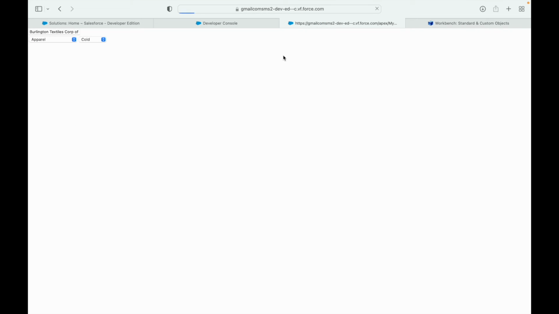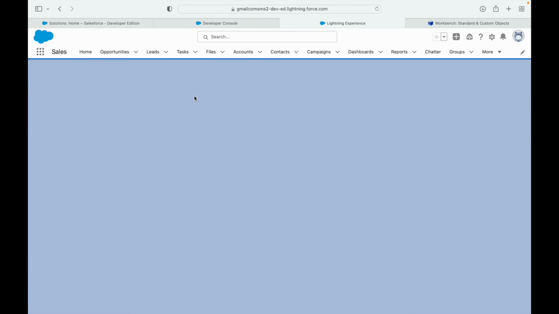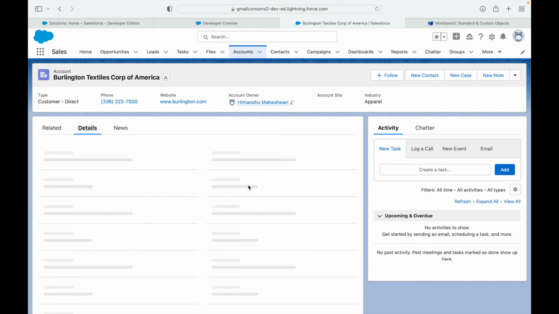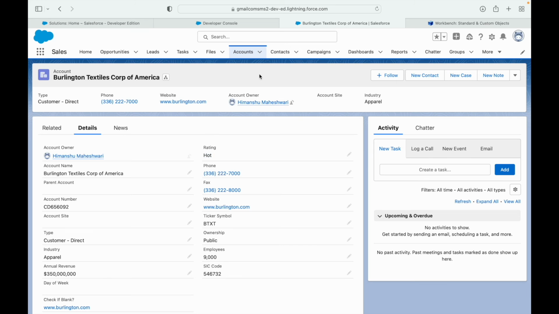Okay, now if I refresh my page, you see I'll get the create or edit button, and if I modify this record and I say create edit, it will update my existing record, and it is now opening the account record, and you see you reach here and you see under the details tab that the rating would be hot now. All right,